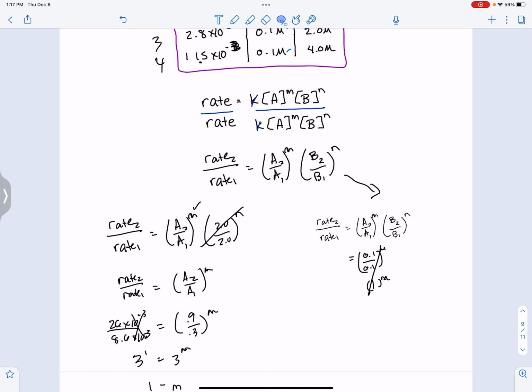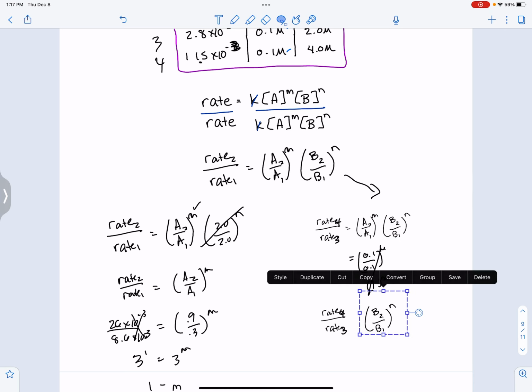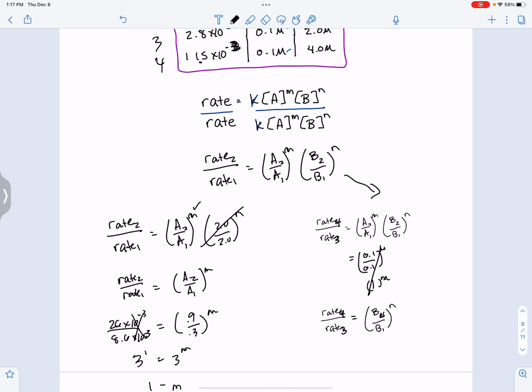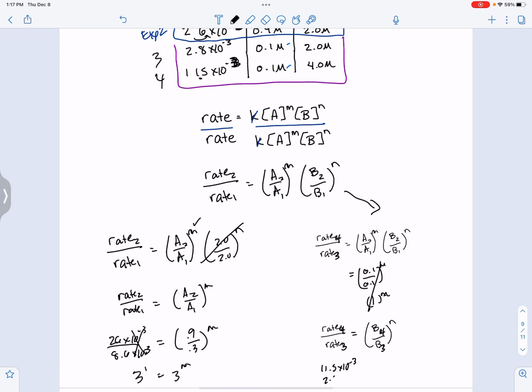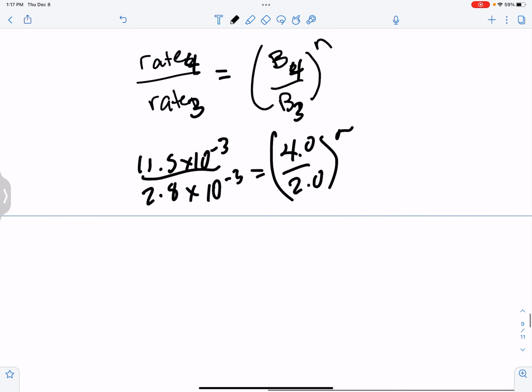And we're left with the rate 2 over rate 1, except I want that to be 4 and 3, don't I? Rate 4 over rate 3 equals just my b term. And again, that's still 4 and 3. So now when I put those in, I have 11.5 times 10 to the minus 3rd over 2.8 times 10 to the minus 3rd, and then b4 is 2, and then this one is 1, and that's raised to the n. So if I zoom in on that and I pull over my calculator,